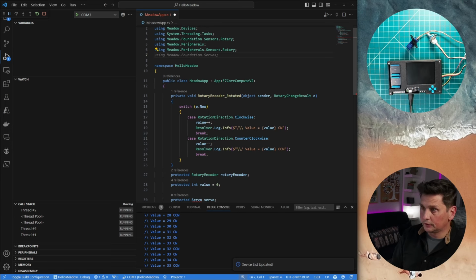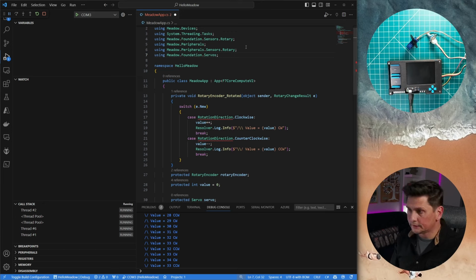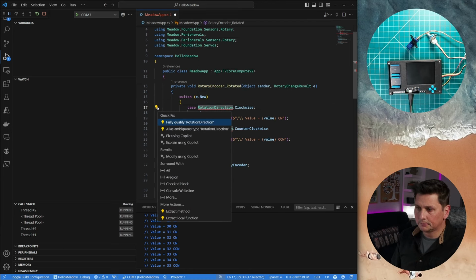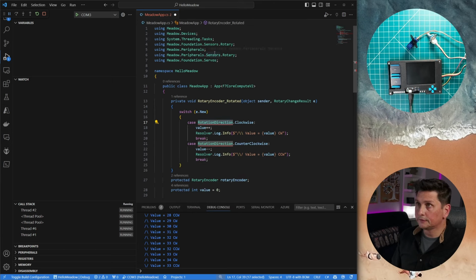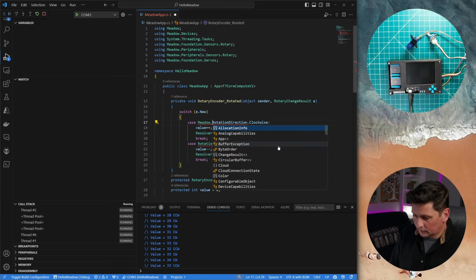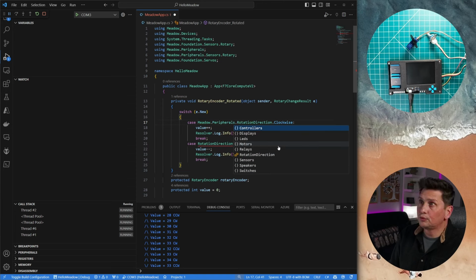What I'm going to do here is add using Meadow.Foundation.Servos, right? And well, that's interesting. Since I added the Foundation Servos, the RotationDirection doesn't like it because there is an ambiguous description of it. So let's see if I can force it. I want to make sure that I'm using the one that I'm interested in, right?